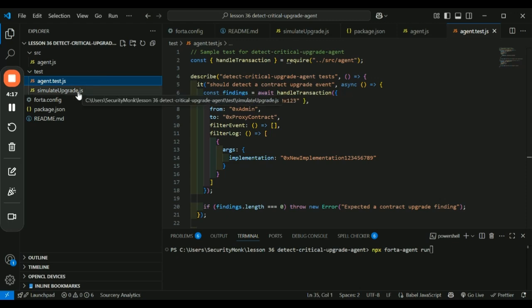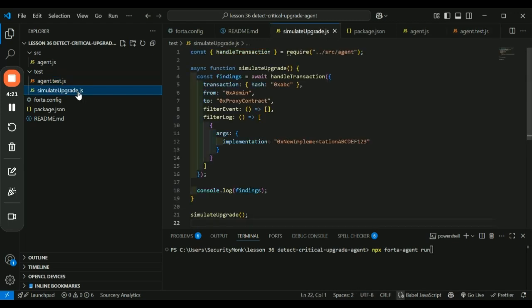So we have to simulate an upgrade event. So let's simulate a real contract upgrade locally by creating a new test in the test folder. Let's call it simulate_upgrade.js, and then you run the test in your terminal by writing node test/simulate_upgrade.js,